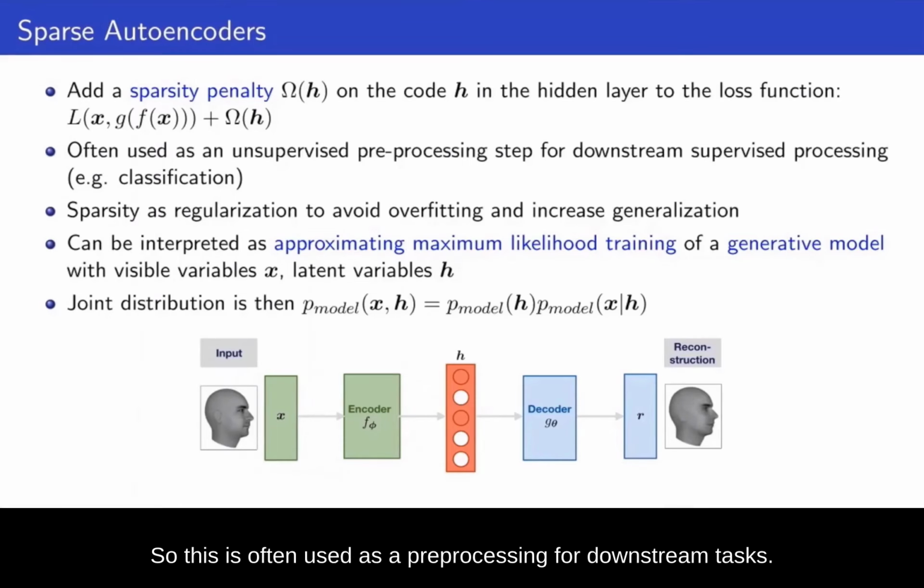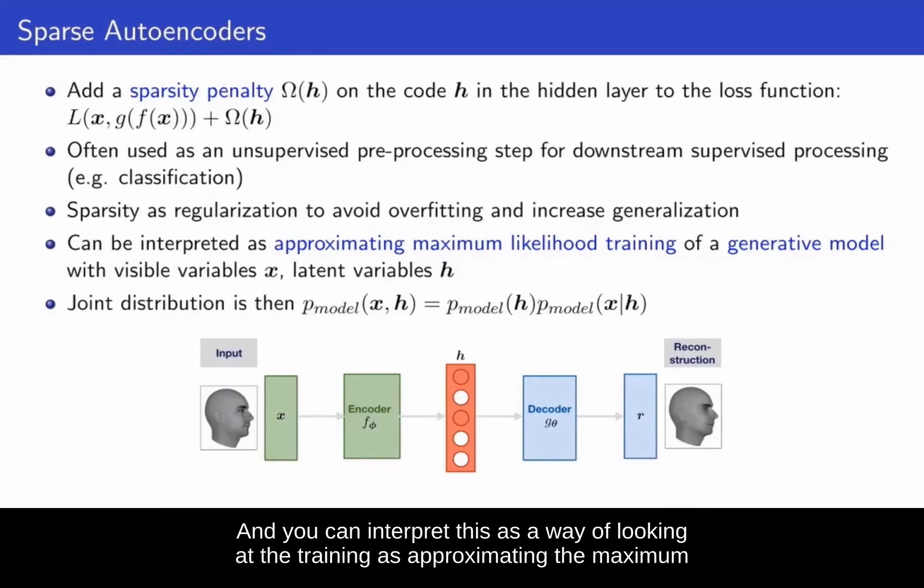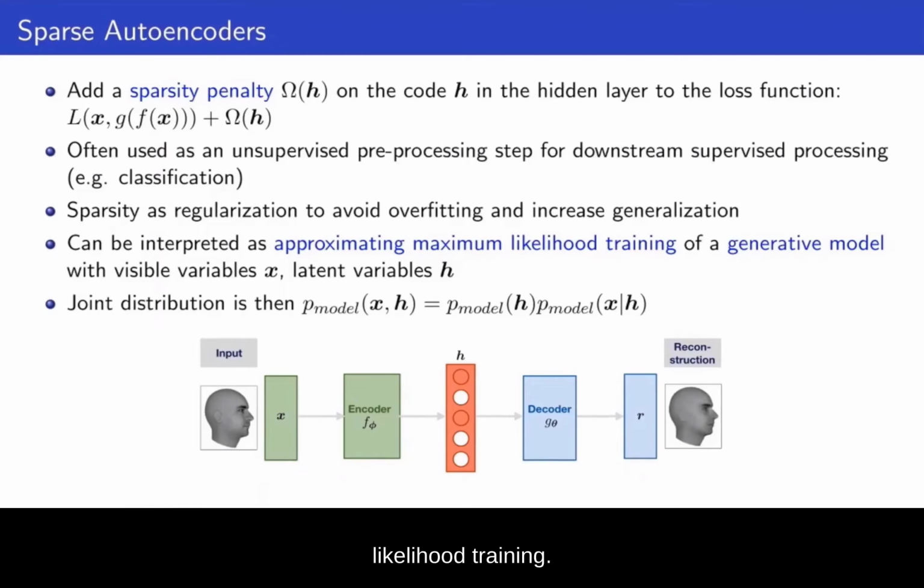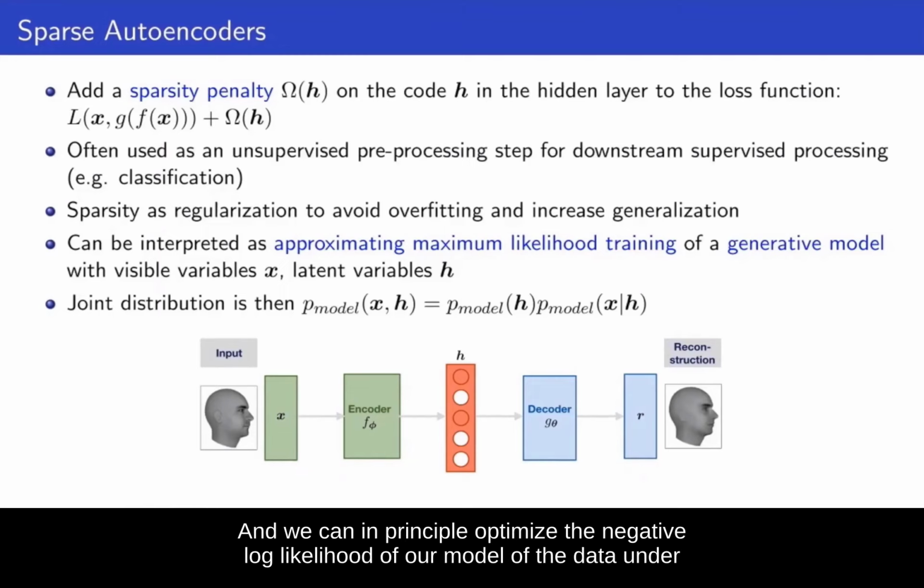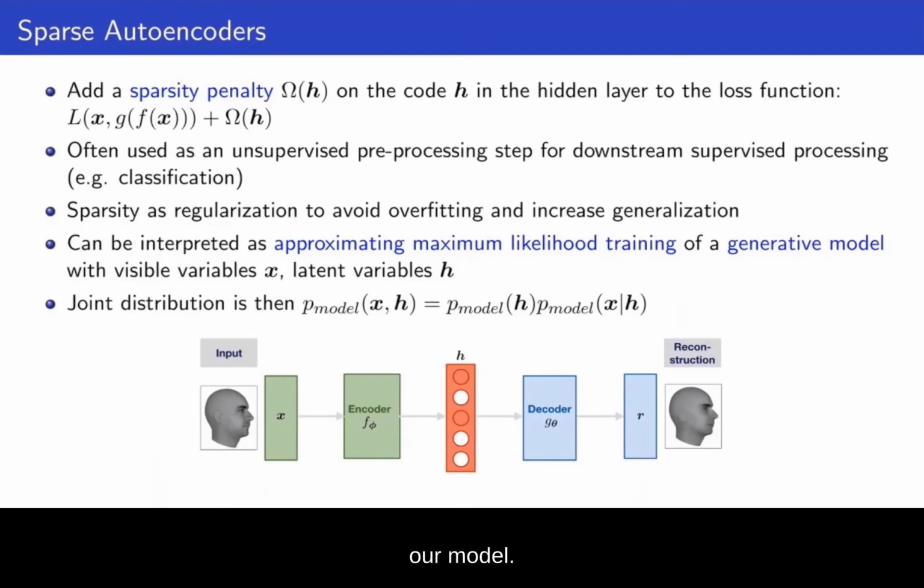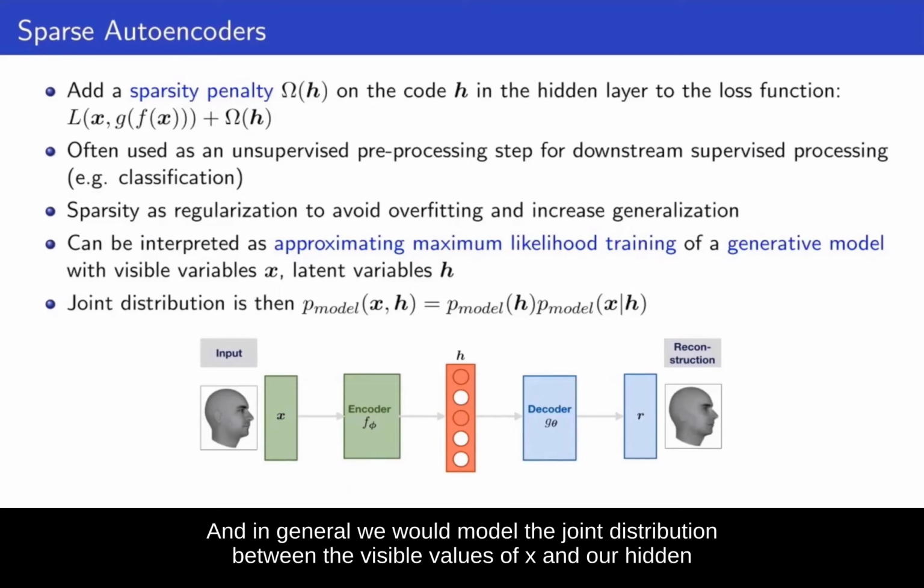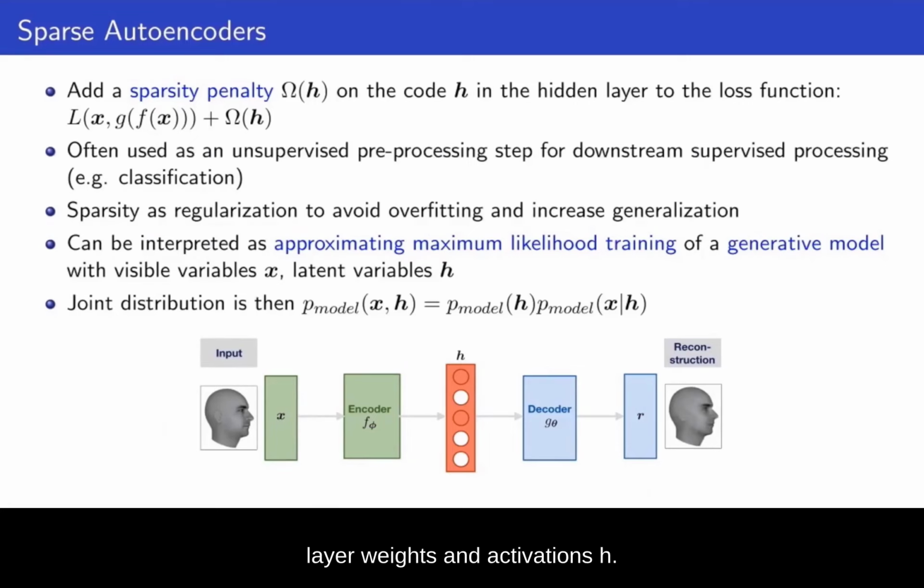So this is often used as a pre-processing for downstream tasks, and you can interpret this as a way of looking at the training as approximating the maximum likelihood training. And we can in principle optimize the negative log likelihood of the data under a model. And in general, we would model the joint distribution between the visible values of X and our hidden layer weights